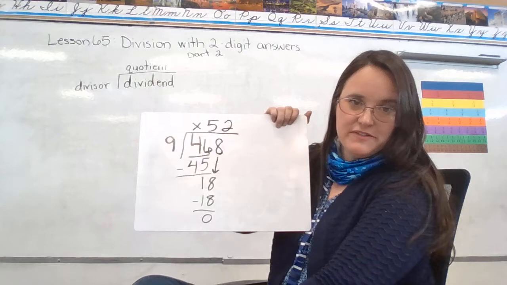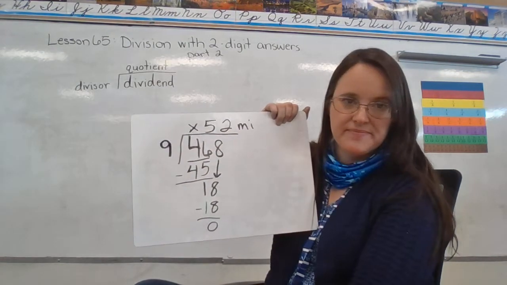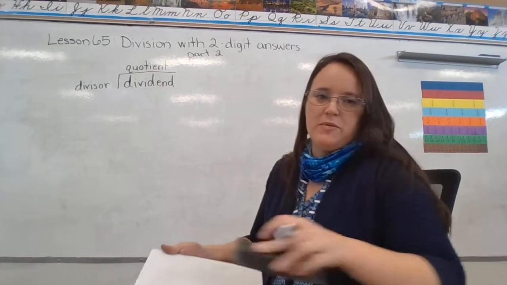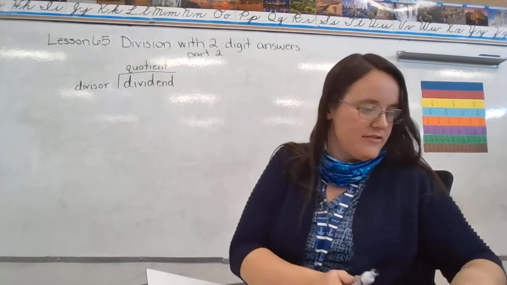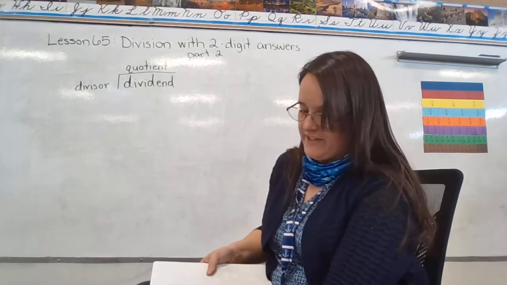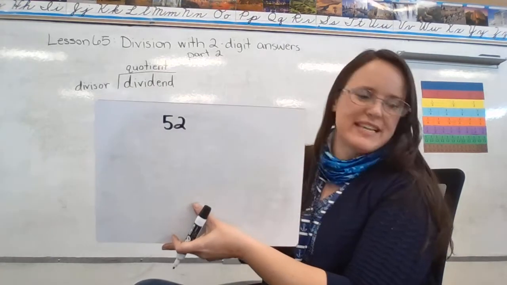They traveled 52 miles per day, approximately. That's their average. So maybe one day they went a little bit more, another day they went a little bit less. Oh, so we had 52, and one other thing this lesson wants me to show you,